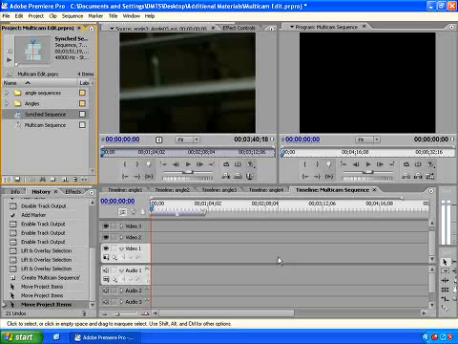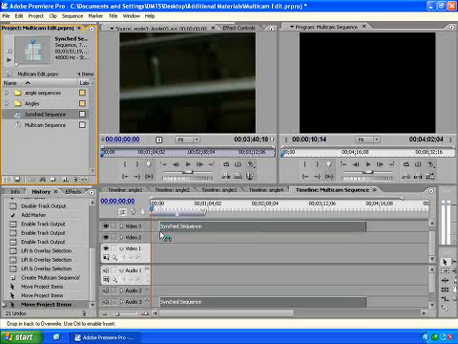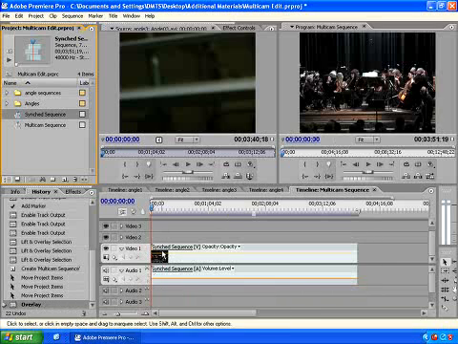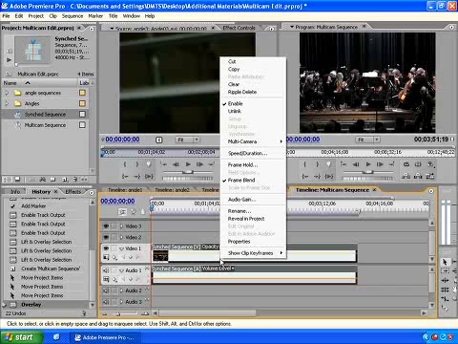We've created another sequence and called it Multicam Sequence. And our current goal is to basically nest the sync sequence into the Multicam sequence by selecting it in the project window and dragging it into the video 1 track at the beginning of that track. Okay, to create a multicam track, the process requires that you right-click on the clip in the timeline and choose